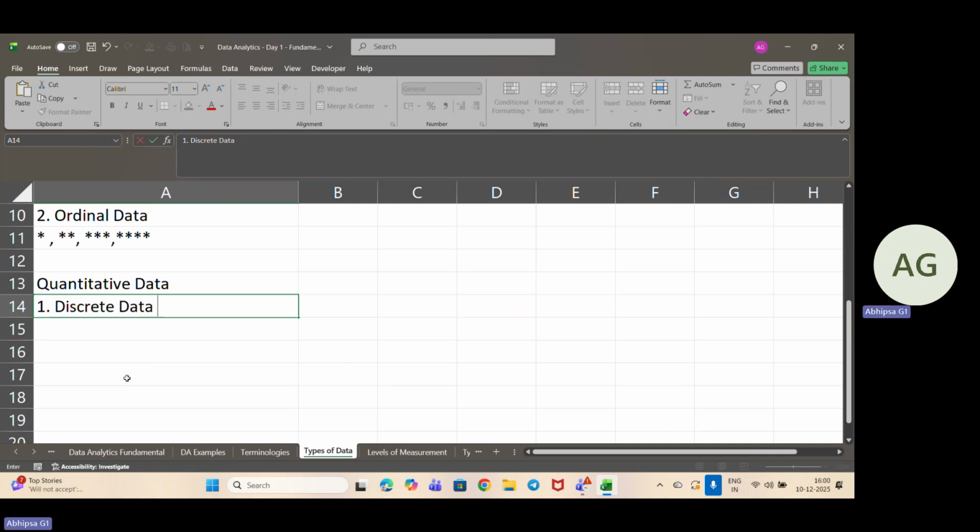What is discrete data? The numbers that you can count, they are whole numbers only. So there are no specific decimals or fractions that are considered. Suppose the number of fruits, the number of cards, or in which class the students study, or how many ships are there in the dockyard. These are examples of discrete data.